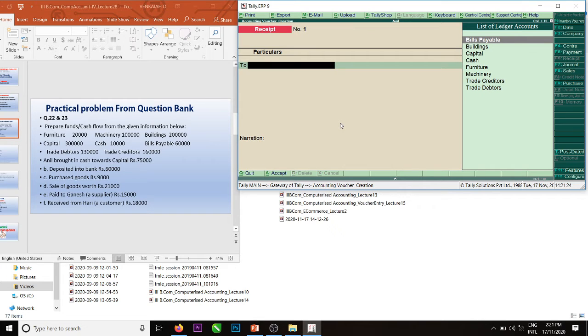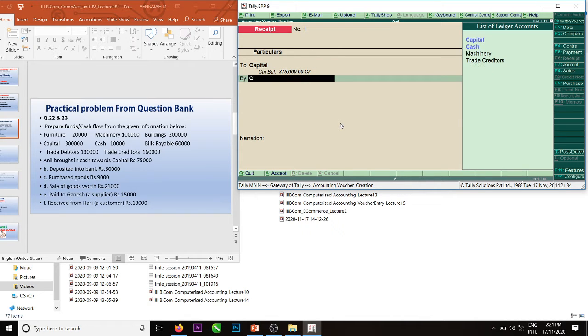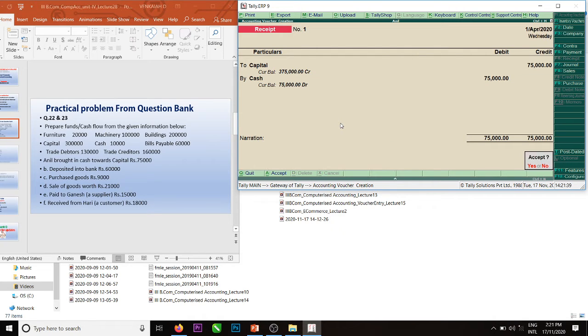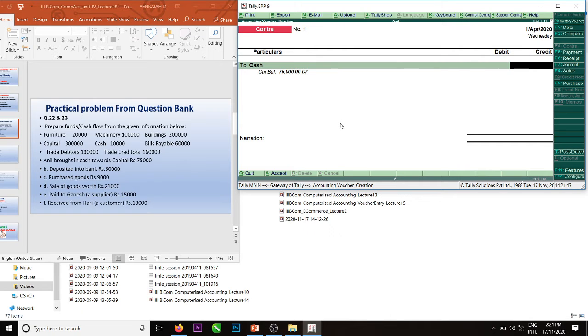F6, to capital, amount is 75,000, that is cash. Narration: Deposited into bank. Contra, F4, to cash, amount 60,000.